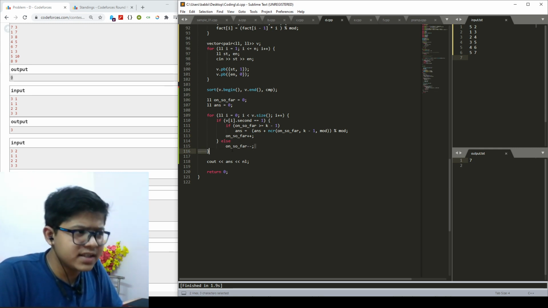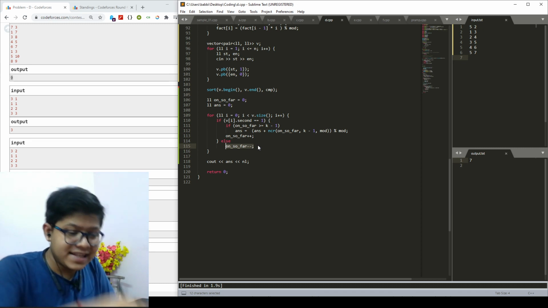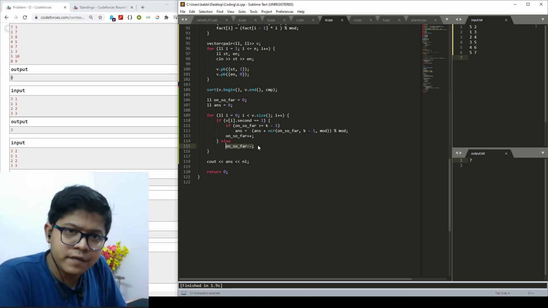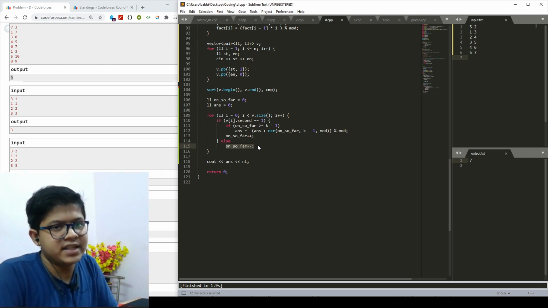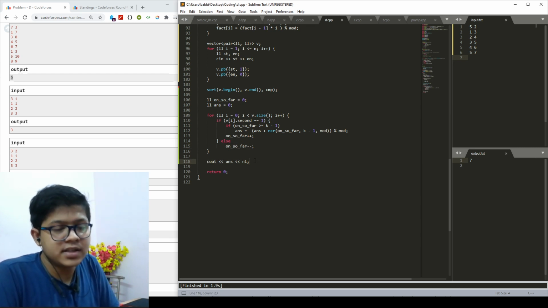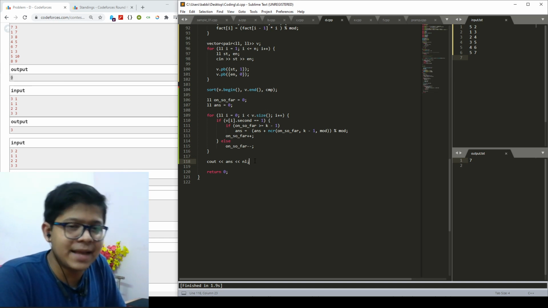But else, if I have not arrived at an interval which is on, which means I have exited the interval, which means my on state has become off now, so I need to decrease my on so far as well, because I have basically decreased my interval as well. And at last I will have my answer in my answer variable, which means the total number of moments when your k lamps are on.